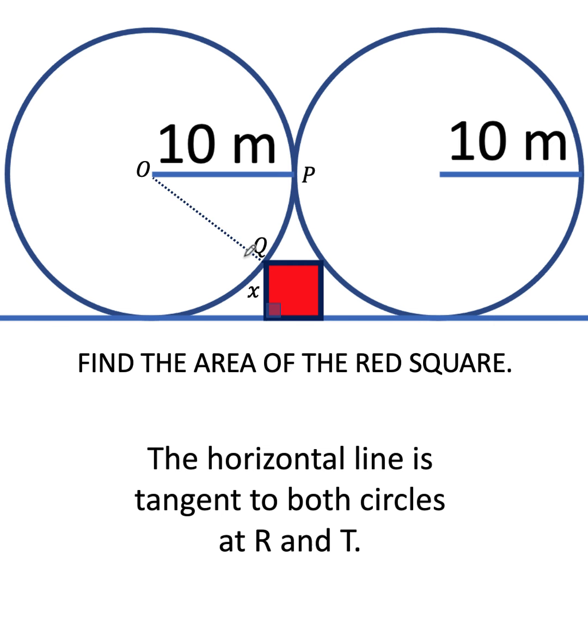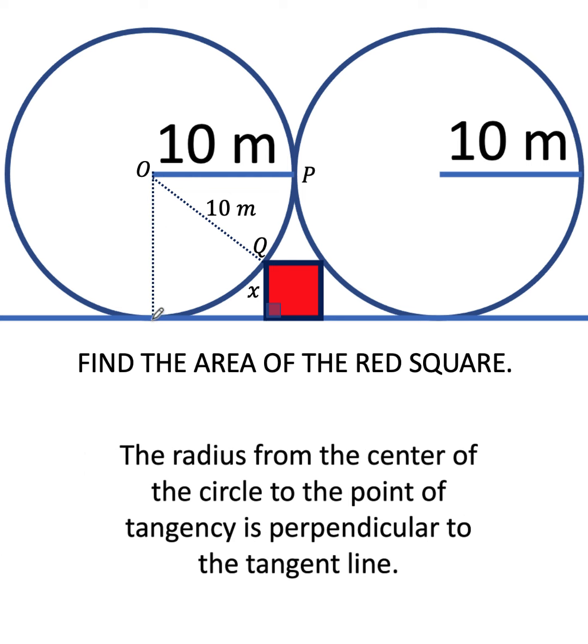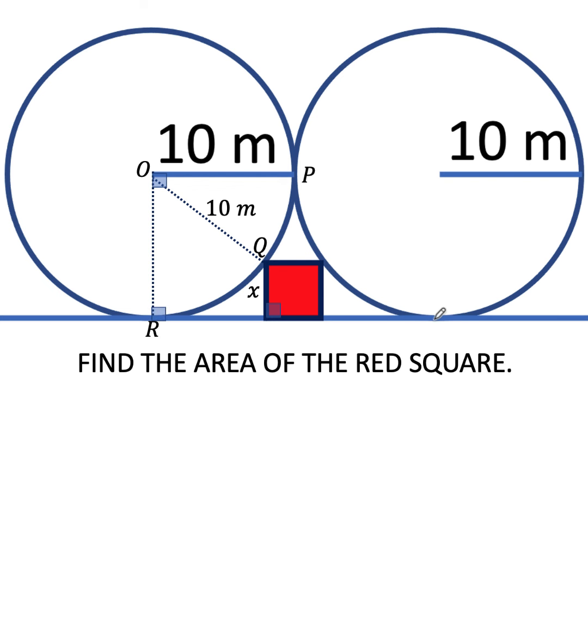Here, OQ is another radius, therefore its length is also 10 meters. Then from the center O, let's drop a perpendicular line segment. Let's call this line segment OR. So we have here a 90-degree angle and another 90-degree angle here. Let's call this point of tangency of the second circle and the horizontal line point T. Then from point Q, let's draw another line segment that is parallel to RT and perpendicular to line segment OR